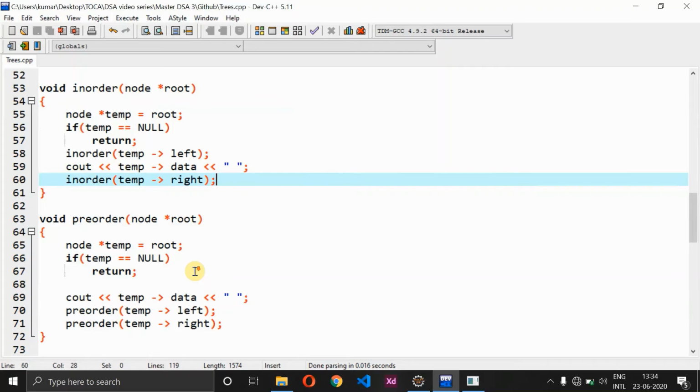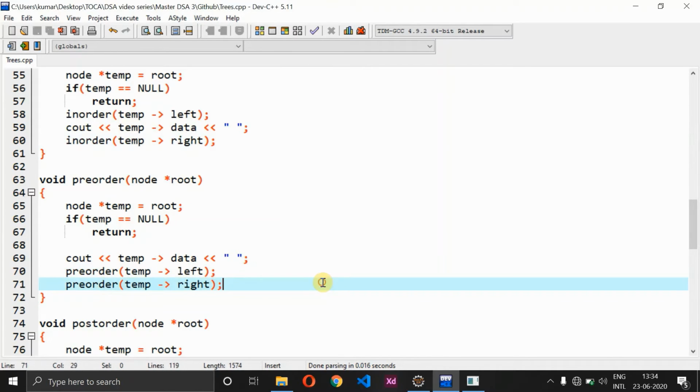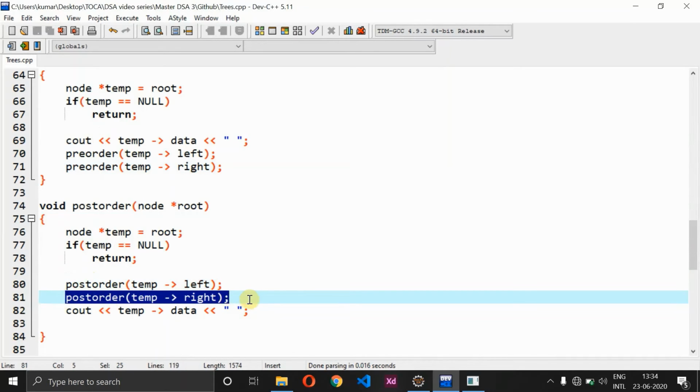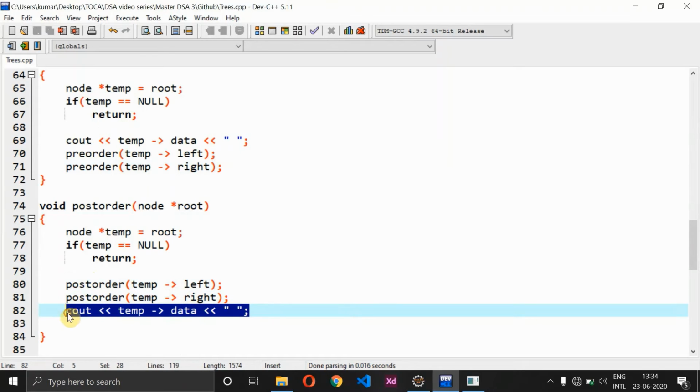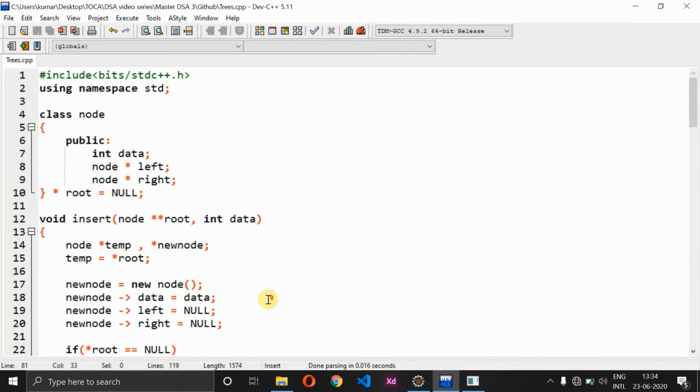Same way for pre-order we have to print the data first, that is the root node at first, followed by the root node I'll be printing the left as well as the right node. After this we are going to do post order, where at first I have to call the left node, then the right node, and at last it will print the root, and the program execution goes in this way, right? So hope you are clear about this. Now let's see the implementation and basics of the AVL tree. Then at last we will come to a comparison of C++ as well as Java.